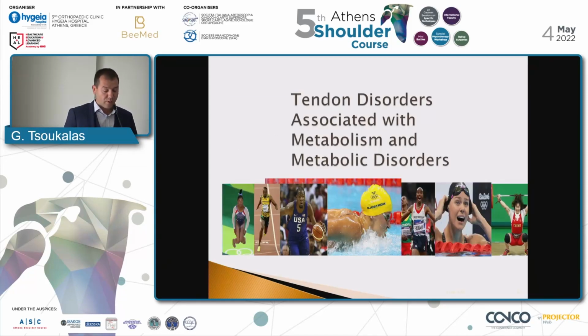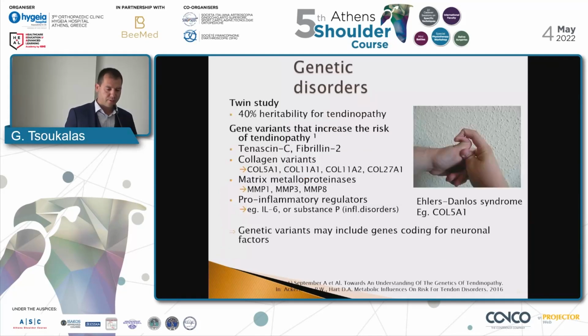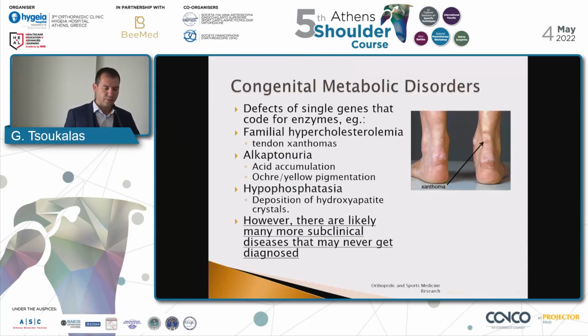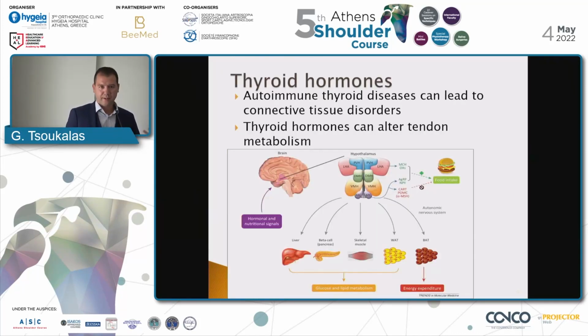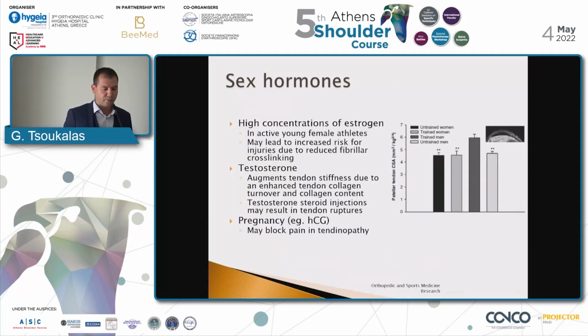What I have in mind when I see a client is that there are more things than just the surgery. I would like to ask a few more things about medical history, genetic and metabolic disorders, because we don't just see a shoulder and a surgery. There are many other things that in our daily practice we see, such as a patient coming with hormonal problems, that we will see later, and how they can affect tendon metabolism, tendon rehabilitation, and tendon repair.